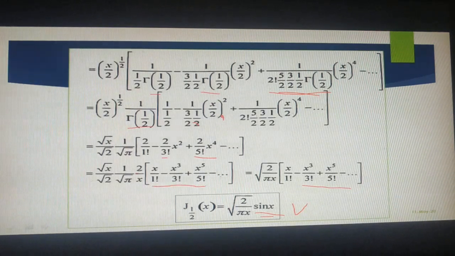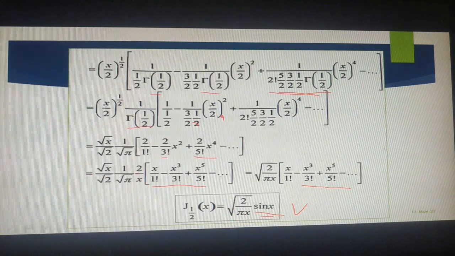So, even after taking 2 outside, let us see what we have here. We don't have x, right? If I take 2 outside, the first term will be simply 1. So to get x in all the terms, here we have 1, x square, x to the power of 4.